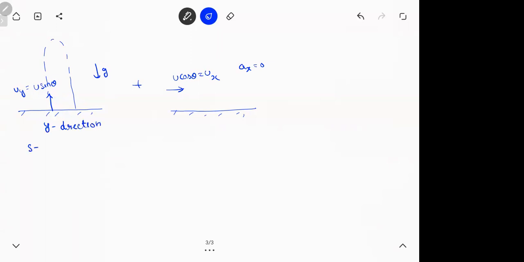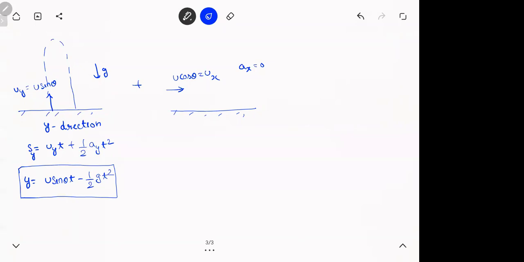Now we use the standard equations which I know. Sy is uy t plus half ay t square. Basically, I'm using s is ut plus half at square, everywhere just putting a subscript y. Y simply indicates you're talking in the y direction. What does this become? y is equal to u sine theta times t minus half g t square. This is your y coordinate at any time t. If you say t is equal to 1 second, 2 seconds, you will get the y coordinate from here. Similarly, vy is uy plus ay t. This will be u sine theta minus g t. So this will give you the velocity in the vertical direction at any time t.